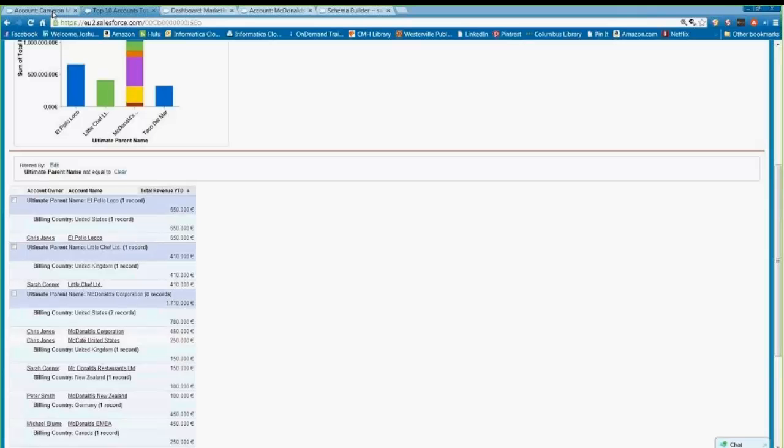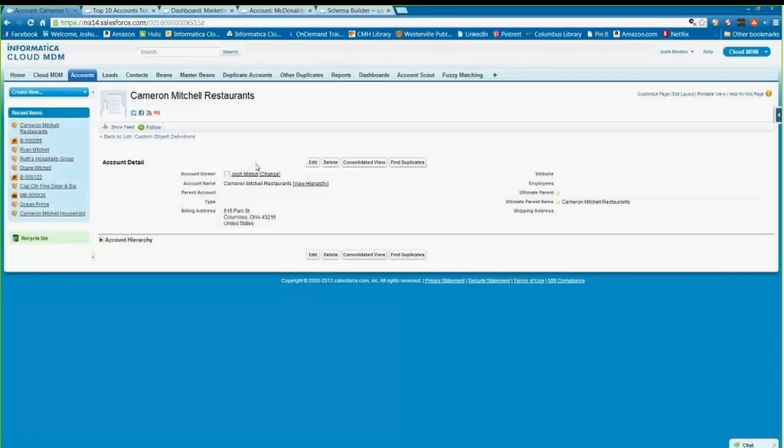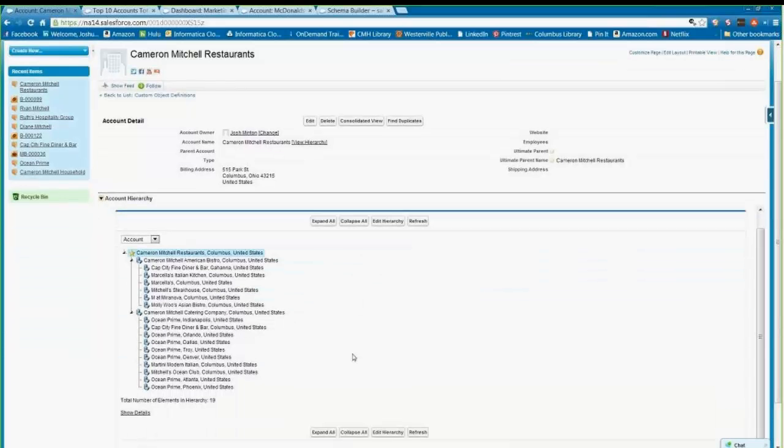So I'm going to navigate over to a second example here. In this particular one, this is a restaurant chain that we have existing in this Salesforce account. I'm going to expand the account hierarchy here. We can see we have a beautiful account structure here. This may represent our sales account structure with which we engage our internal resources to manage this particular cluster of customers. Even better, when I click the Show Details button down here,